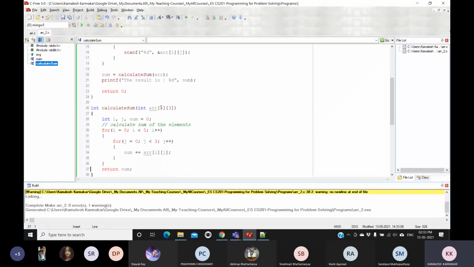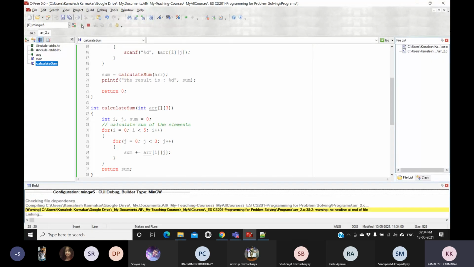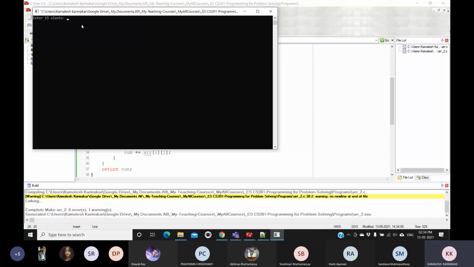In this case, when we are receiving this array, we can avoid it, we can just keep this. Okay, so if I run this program, say I have to enter 15 elements, so 5 rows, 1 2 3.